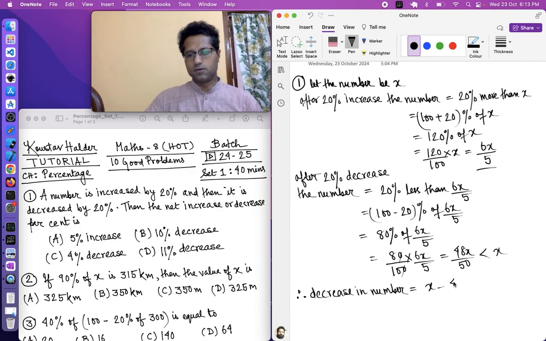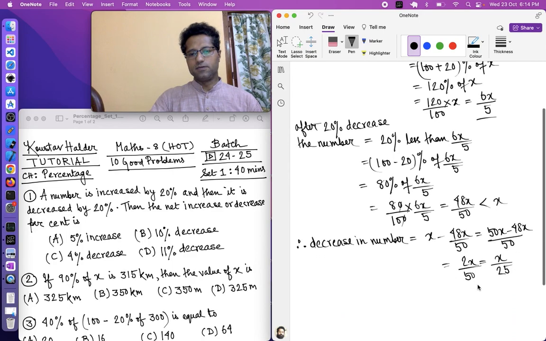So the decrease was x minus 48x by 50. This is equal to 50x minus 48x by 50. This is equal to 2x by 50. This is equal to x by 25. So this is the net decrease